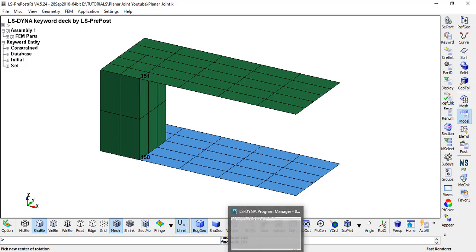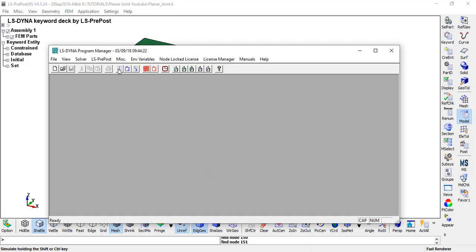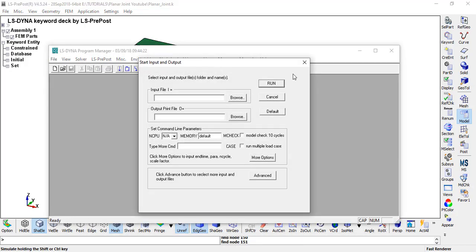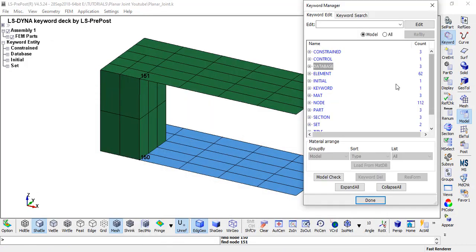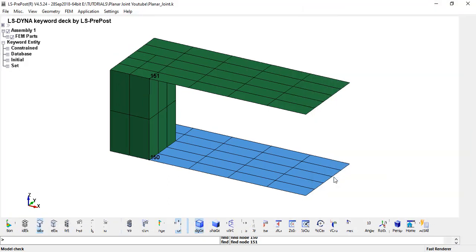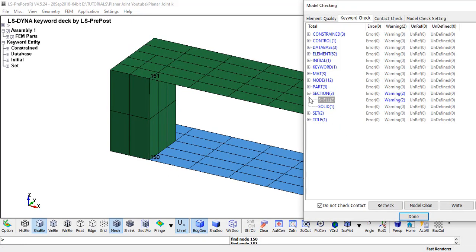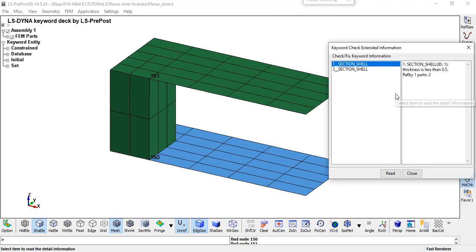Okay, let me run this. Okay, I forgot to tell you this. It is important, or a good practice, to always check the model. Okay, we have two warnings. It says that the thickness of the shell is less than 0.5, so that is not a big issue.